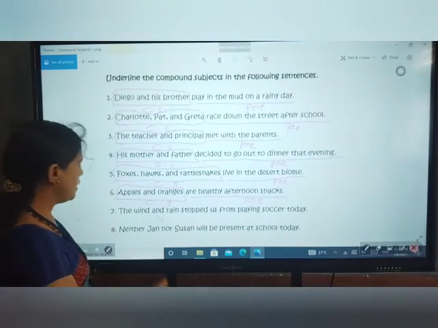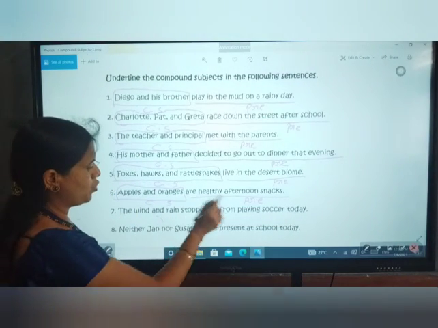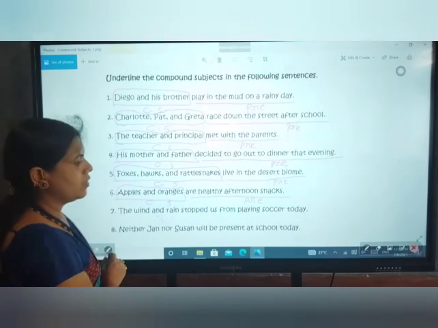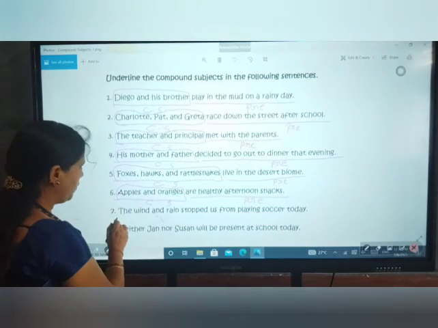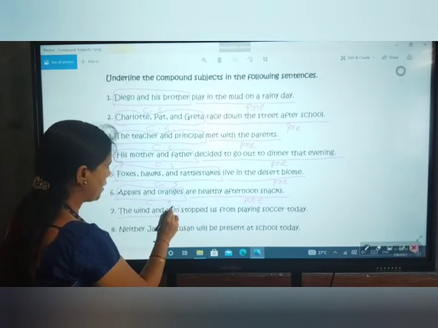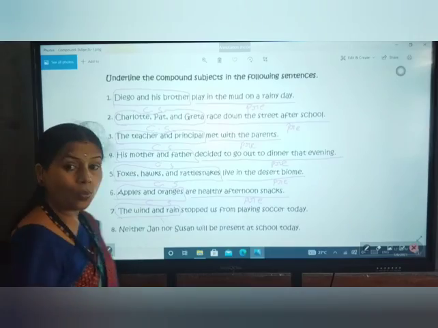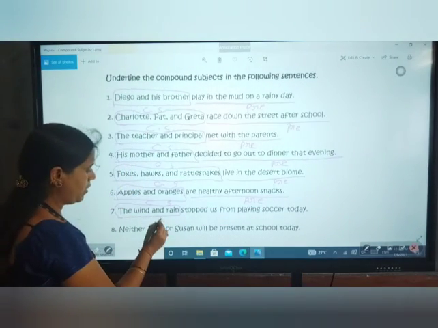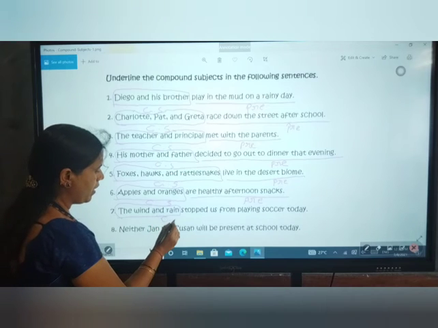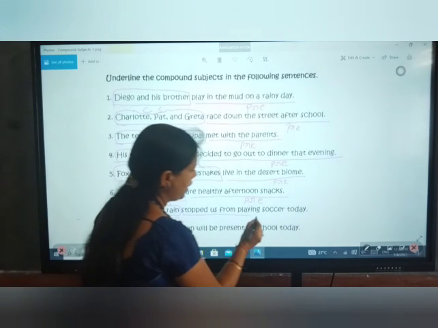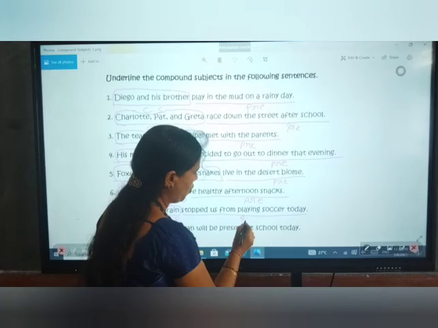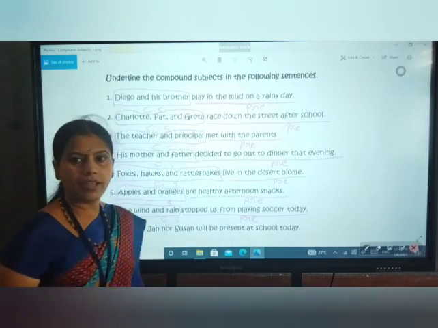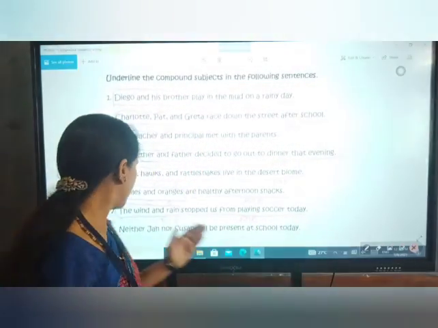So next sentence, the wind and rain stopped us from playing soccer today. Here the wind and rain, we are speaking about these. What stopped you from playing? You can say the wind and rain as compound subject, and remaining all you can call as predicate. Okay, the last one,